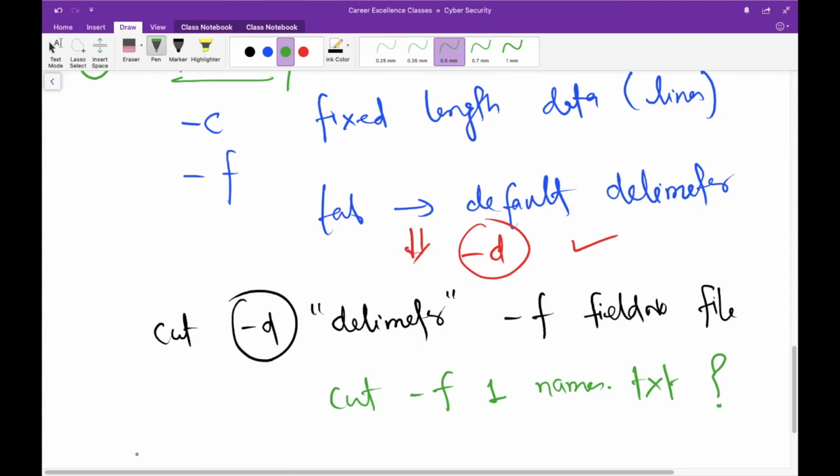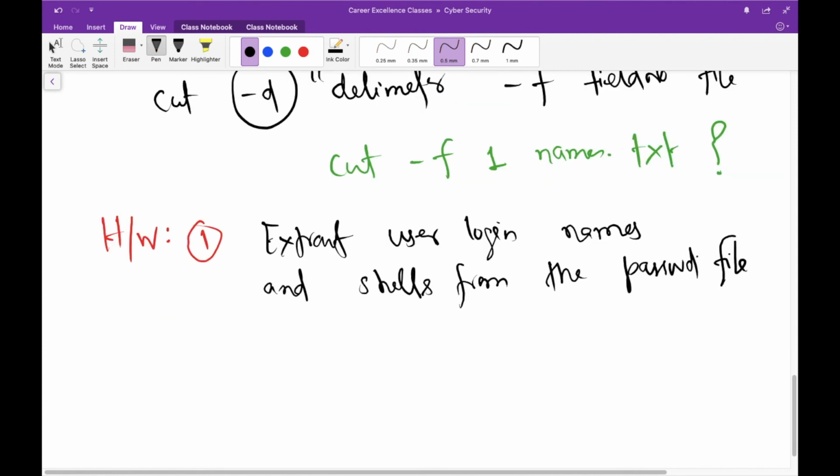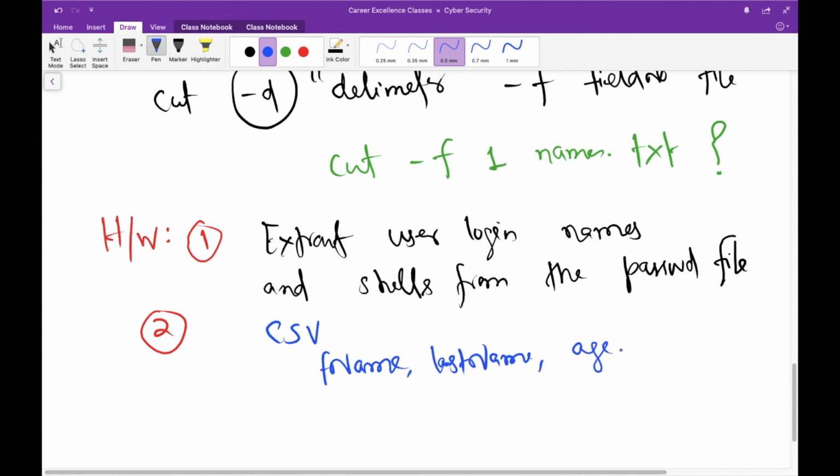Clear? Now there are some homework questions for you. Try to solve them and write your answer in the comments. The first question is, extract the user login names and shells from the password file. Second question, create a CSV file in the following format. That should have first name, last name, age and city of the users, and all those should be separated by comma.